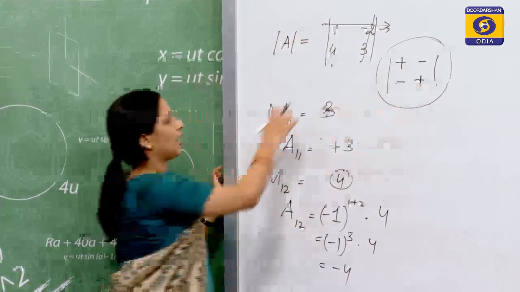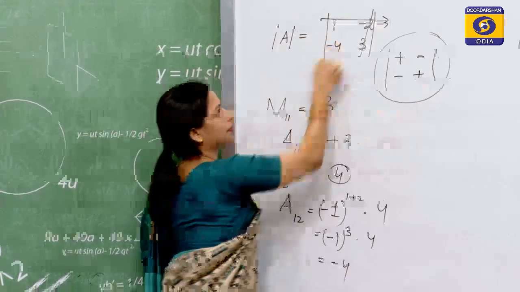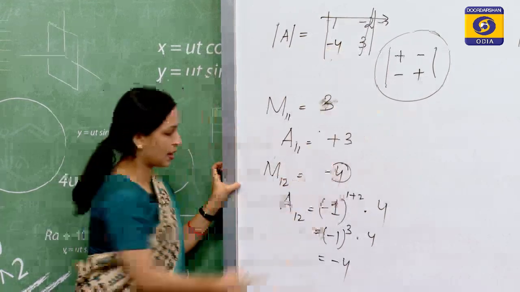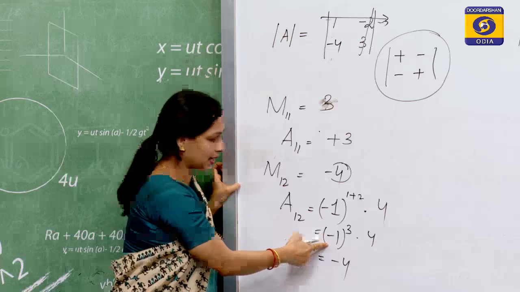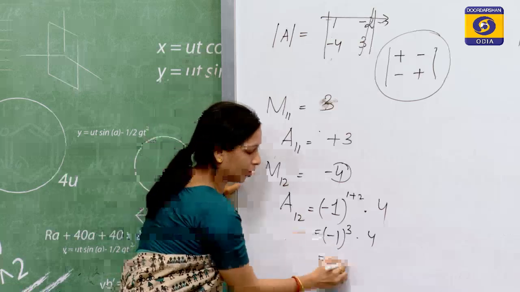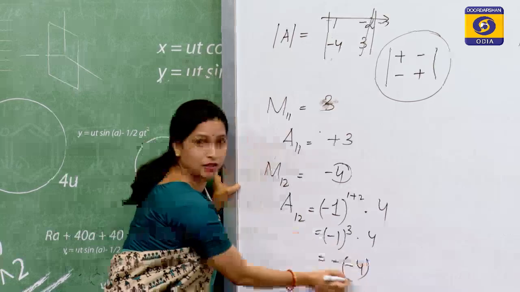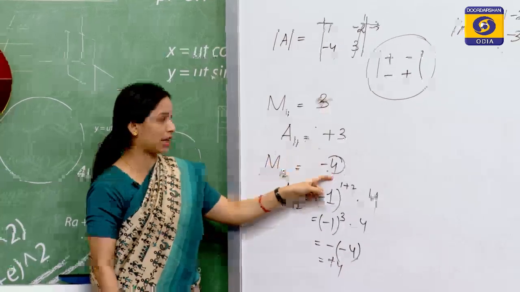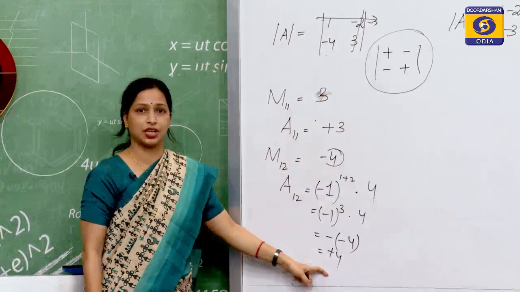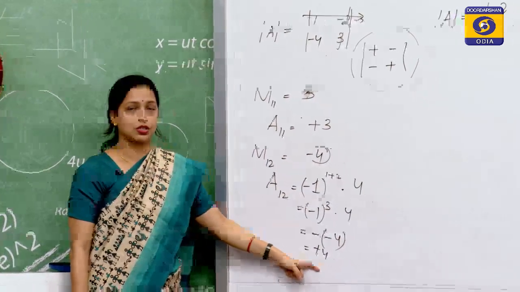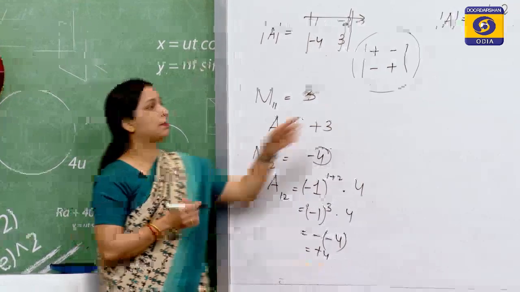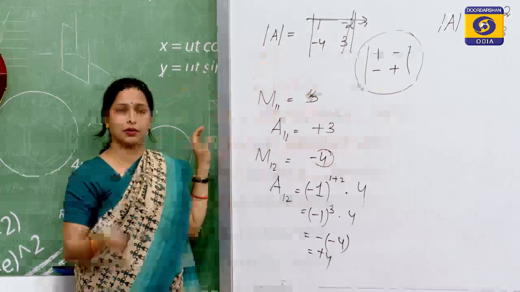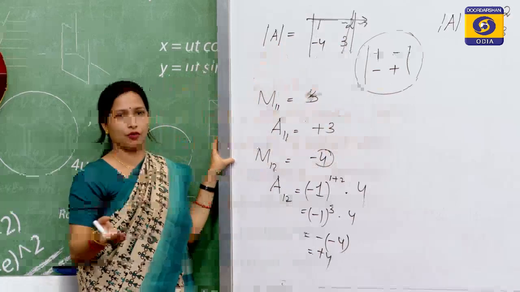So, it will be minus 4, or if we remember the diagram, we know the sign is minus. Now, remember, if the minor had been minus 4, the cofactor sign says minus. So, now it will turn to minus into minus 4, which is plus 4. So, the minor was minus 4, but the cofactor has changed its sign to plus 4. So, that is why we must remember the positional signs of the elements, right. So, first we need to find out the minors and then the cofactors, right.